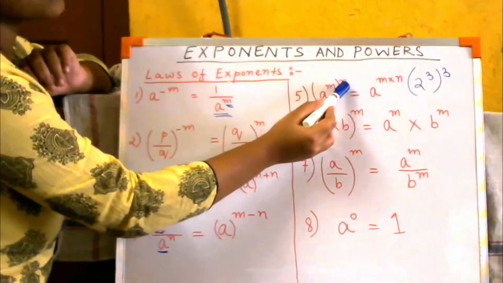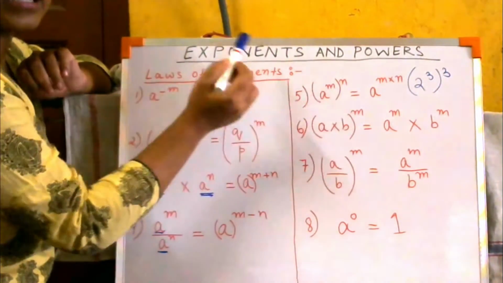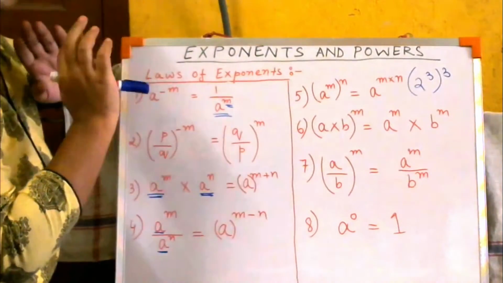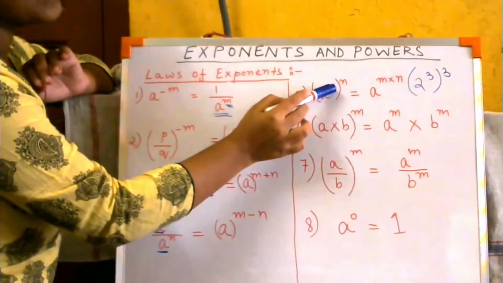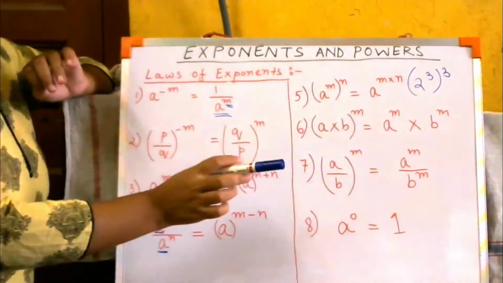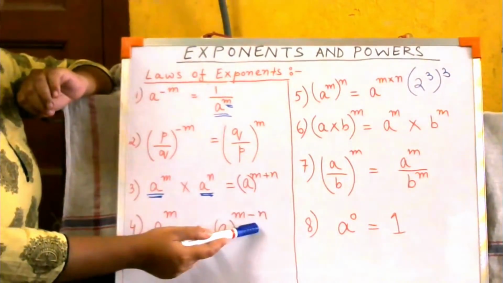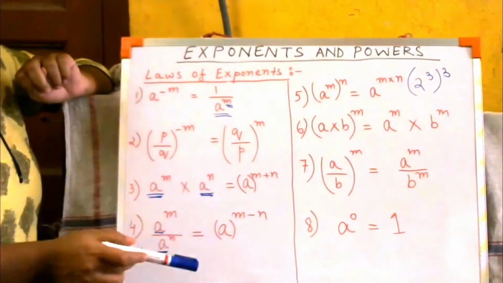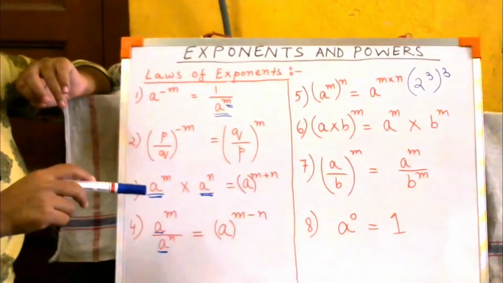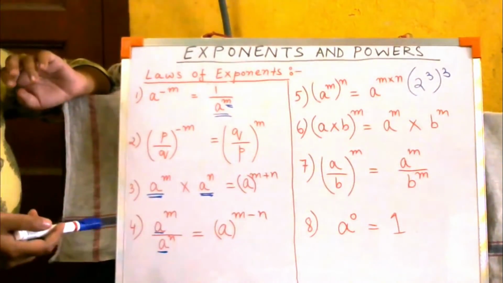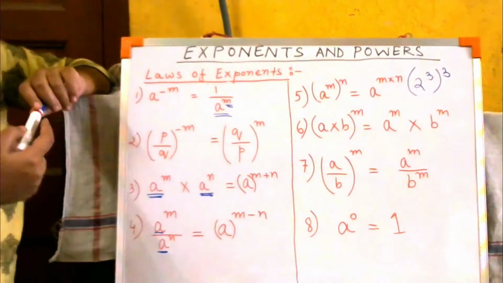So here also there is no sign in between. It's just m inside the bracket, n outside the bracket without any sign. That time when we open the bracket, we are just going to simply multiply the powers. Just see it very carefully, where we add the powers, where we subtract the powers, where we multiply the powers. Be very careful when you learn these. And you have to learn this, otherwise it is impossible for you to do the sums.